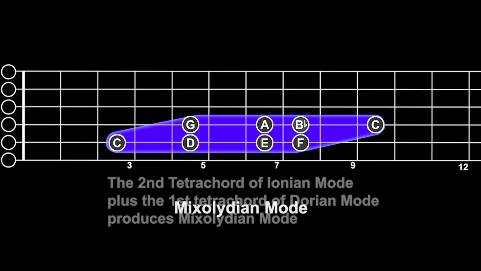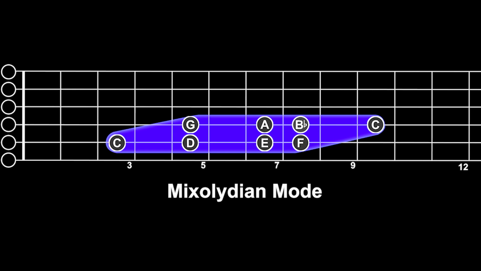It takes the second tetrachord of the Ionian mode and the first tetrachord of the Dorian mode, and that's Mixolydian mode. 2 different tetrachords within the mode with a whole step in between them, just like we had a whole step in between the 2 tetrachords in every other mode, but this time the 2 tetrachords are not the same as each other. The next mode we'll look at is the